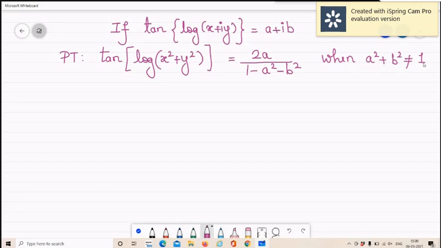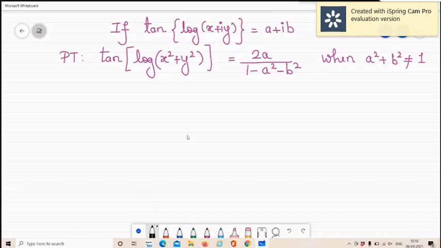If you compare what is given and what is to be proved, obviously we have log(x + iy) here. If we expand it, yes, somewhere we will get log of x² + y². Is that clear? But all these things are happening in the angle. Okay, I repeat, all of this is happening in the angle of it. Now please pay attention because the approach is very different. Then one more formula I will introduce to you. Not a new formula, we will do revision. You already know this formula.